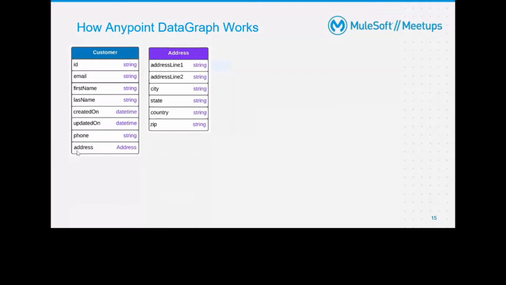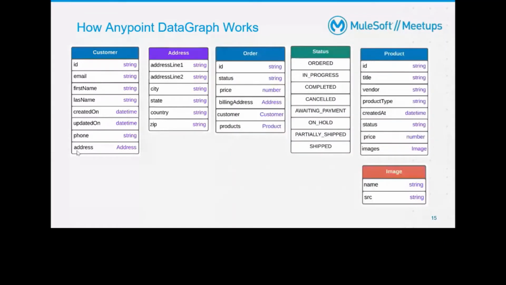Similarly, I developed a new API called product API. The product API database, the data types are going to be stored as metadata. Now your Anypoint Platform has different data types metadata available as graph metadata. Now I want to access the data from all these APIs. If you want to access all these APIs' data, either you can directly call these APIs separately, but now using this data graph, you can query with a single request.